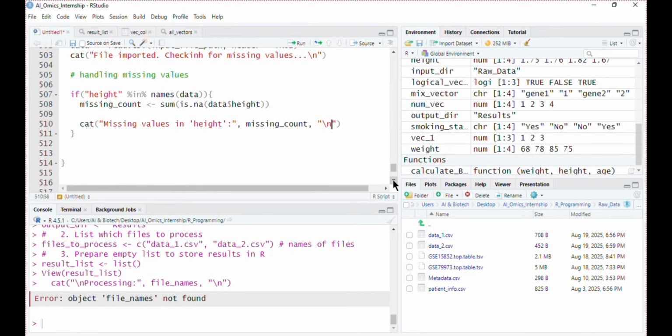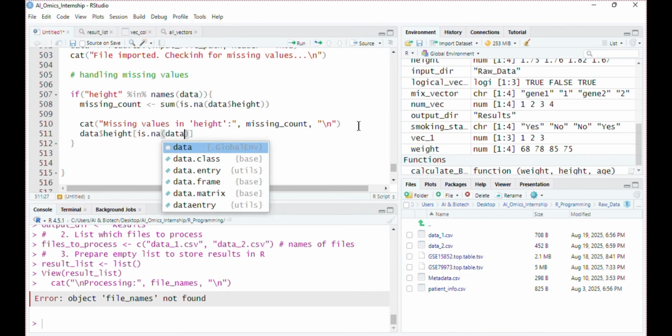Next, if we have missing values, we have to replace them. At this time, I want the missing values of the height column. If is.na of data dollar height, then impute missing values with the mean of that column.